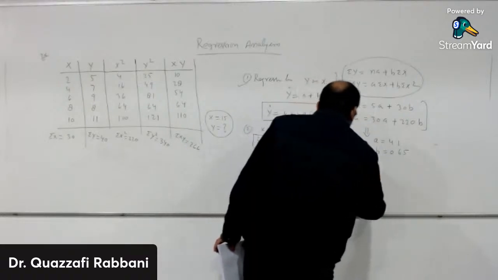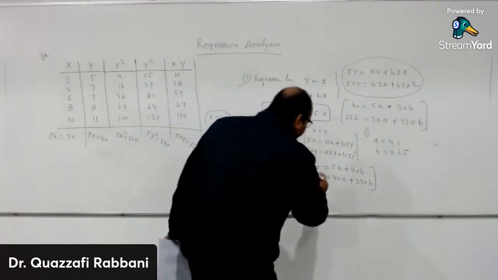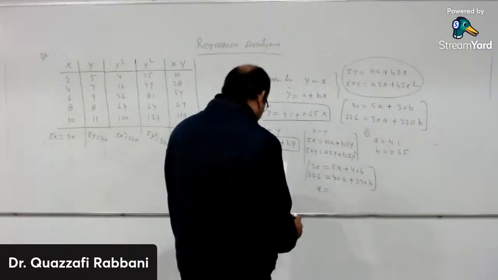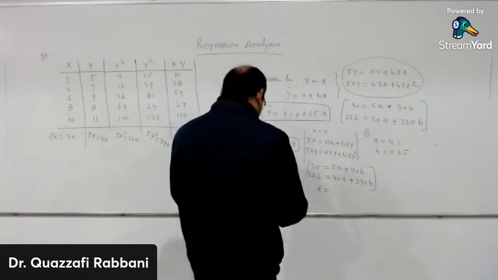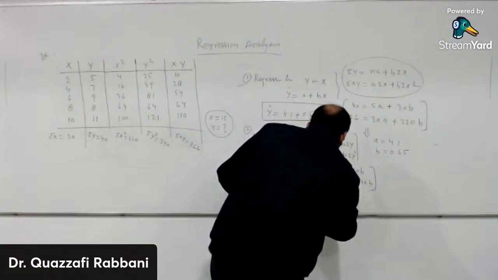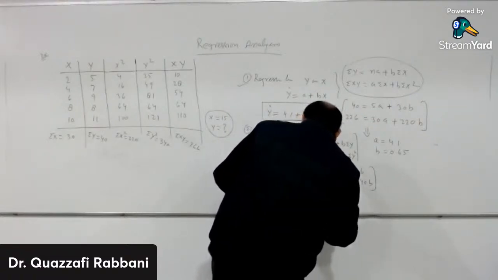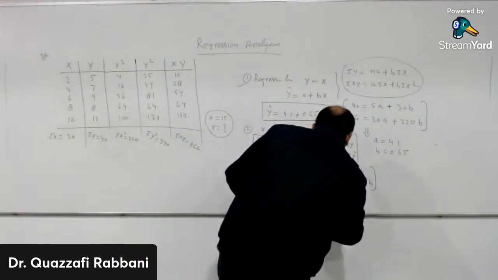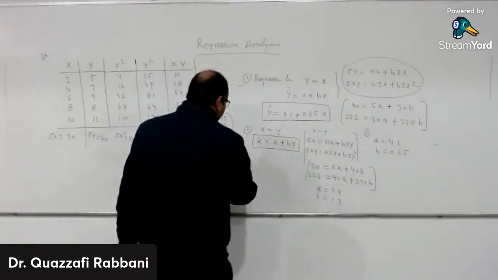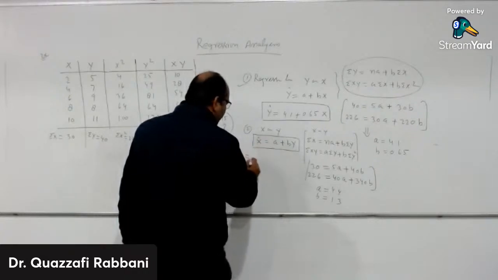After solving these two equations, you will get the values of a and b. A will be 4.4 and b is 1.3. So the regression equation x on y will be